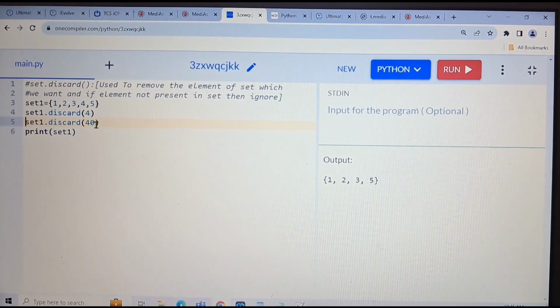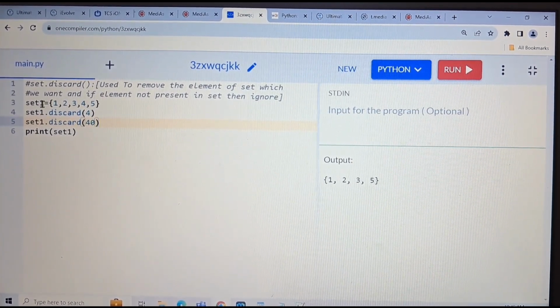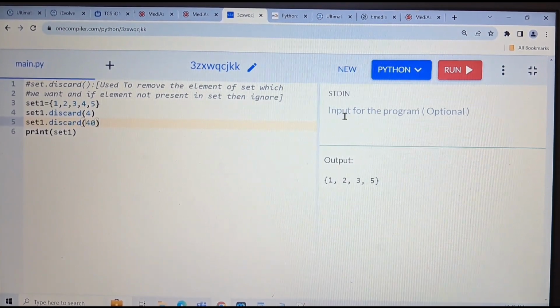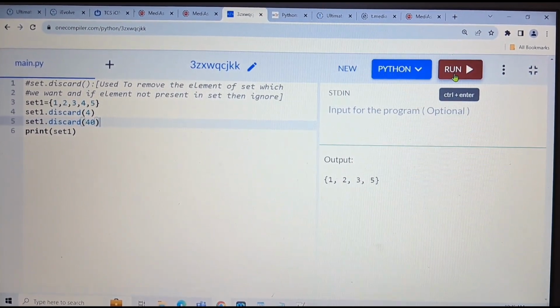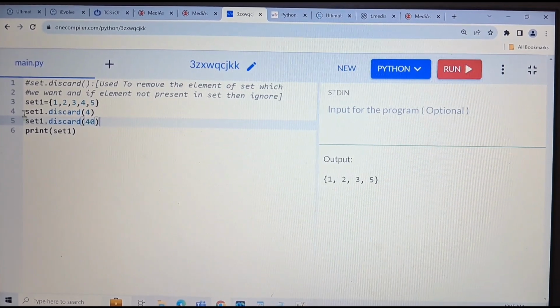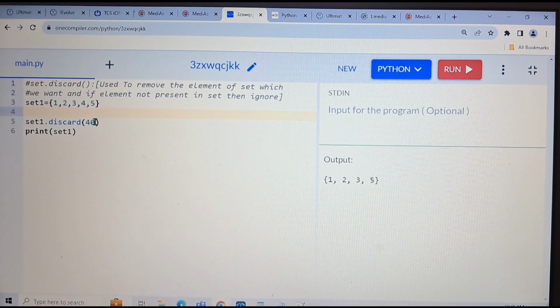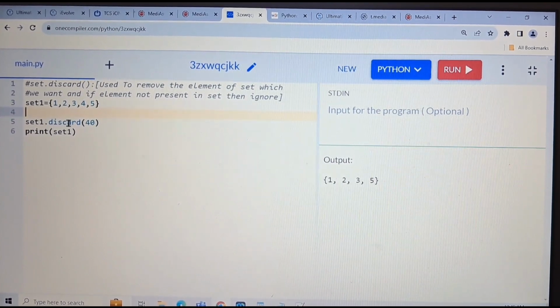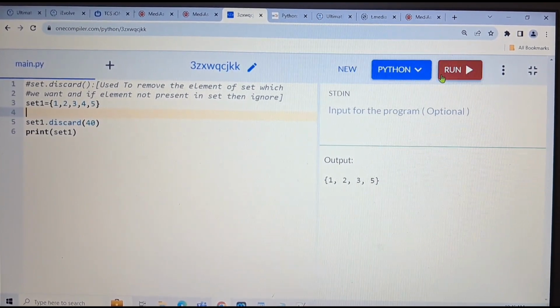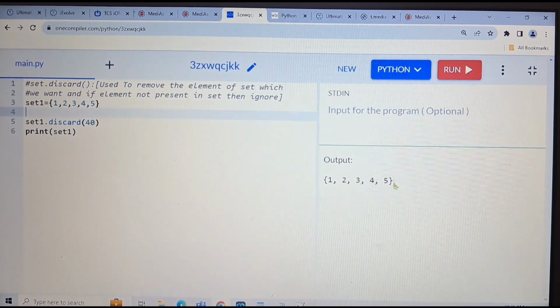But what if I want to remove the 40, which is not in the set? So at that time, what will happen? Let me run and show you. See, nothing. Only the first one is printing. Let me remove this one, and I want to remove the 40. So I'm using the discard, and 40 is not in this particular set. And let me run. See, I'm not getting any error. But